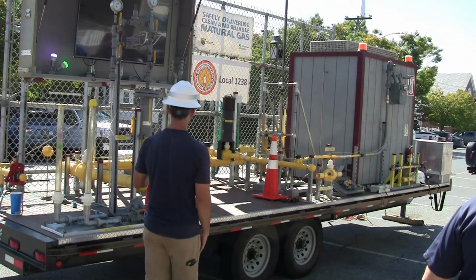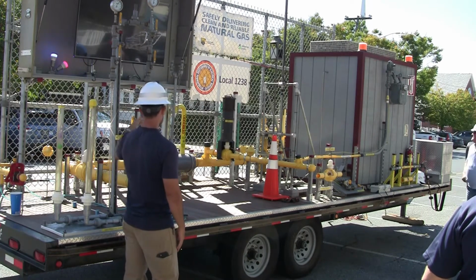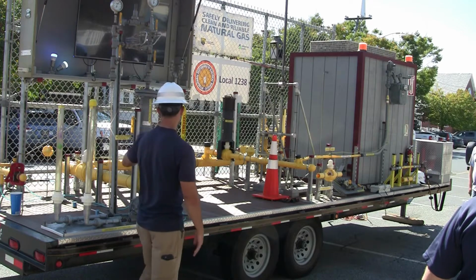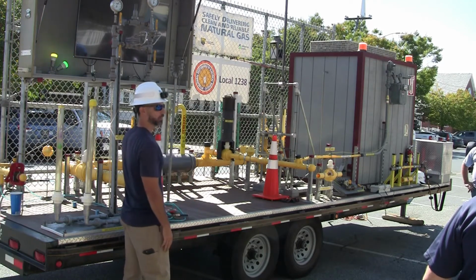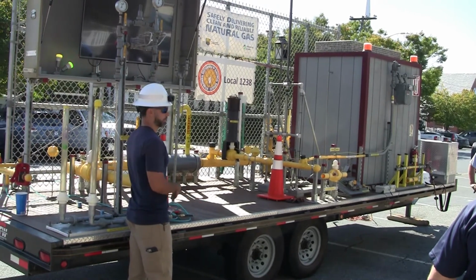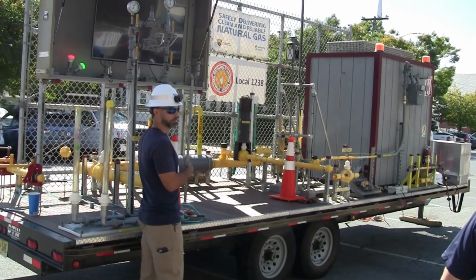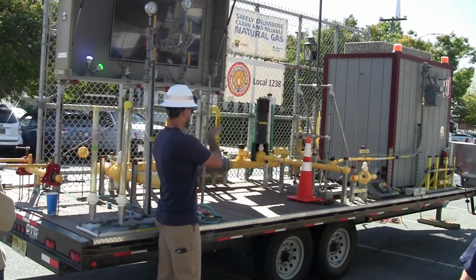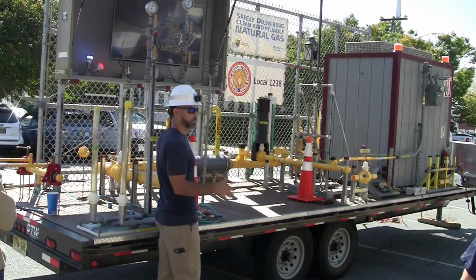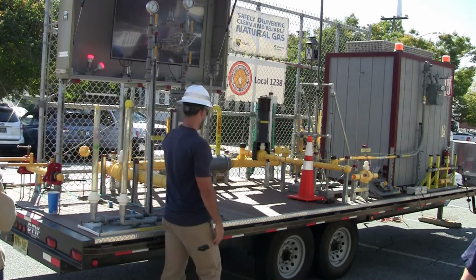So like Jim said, the trailer is showing you our gas system from when we buy the gas from outside the state, and it comes into a regulator station. A regulator station is basically like an electric substation. It takes the pressure from, we usually get it 170 psi up to 500 psi, and it runs through the regulator station and drops it down to 38 psi, which is the operating pressure for a normal residential area. And it just flows through